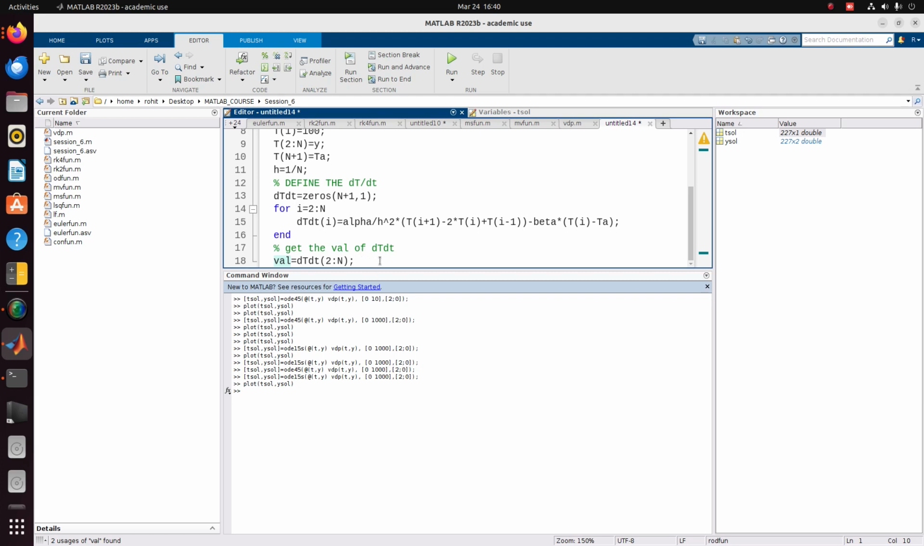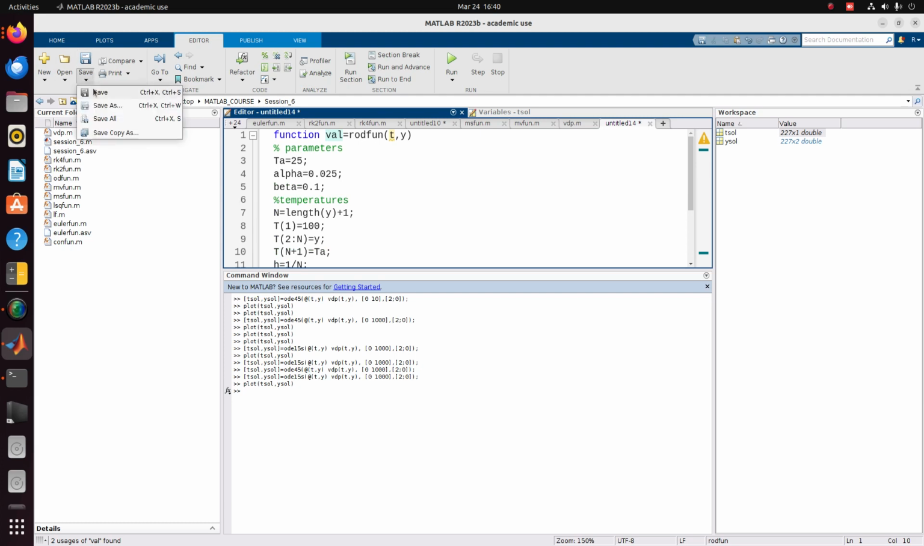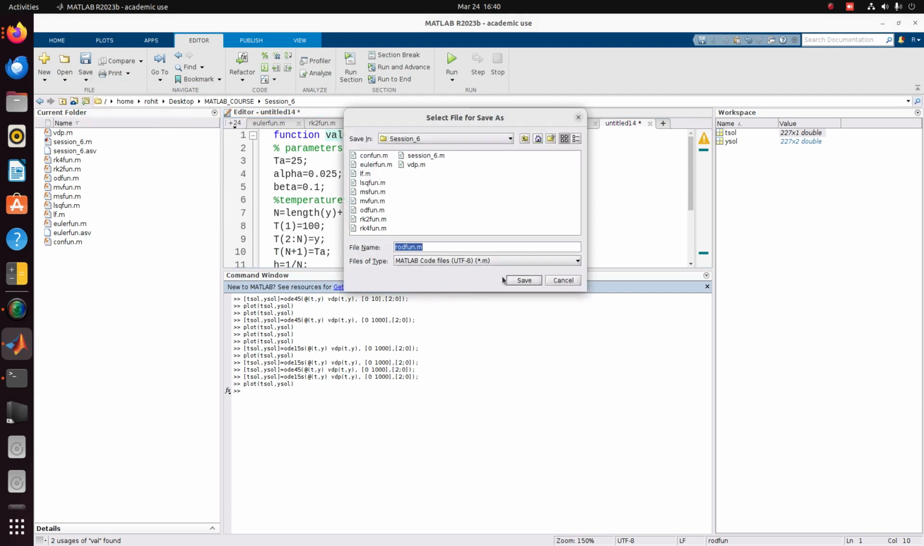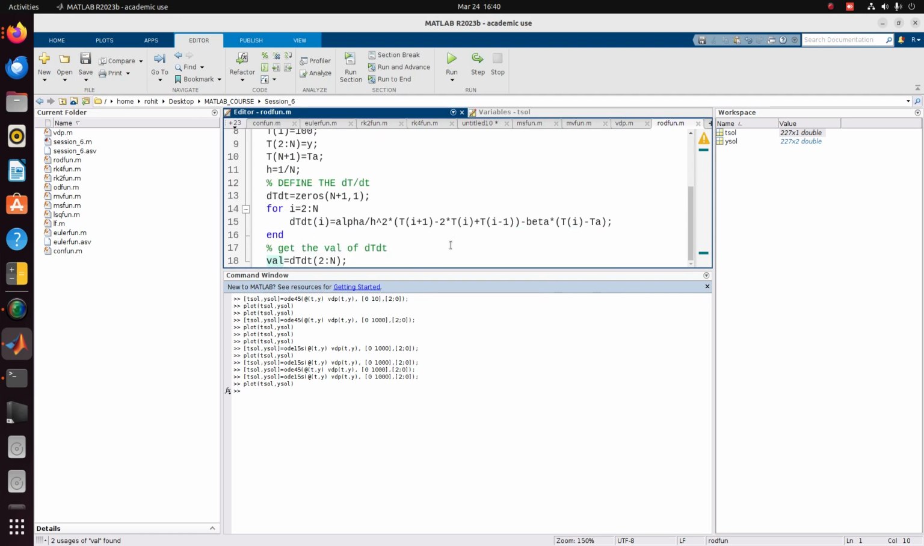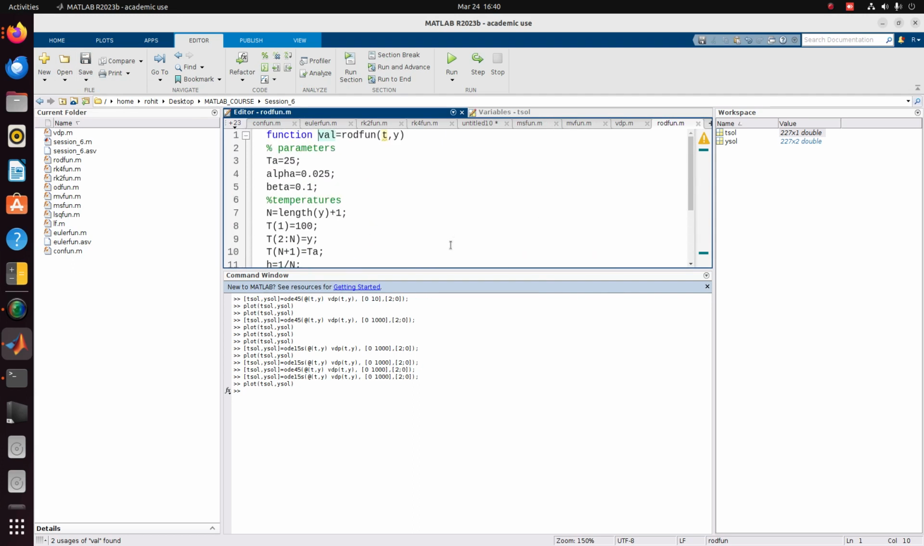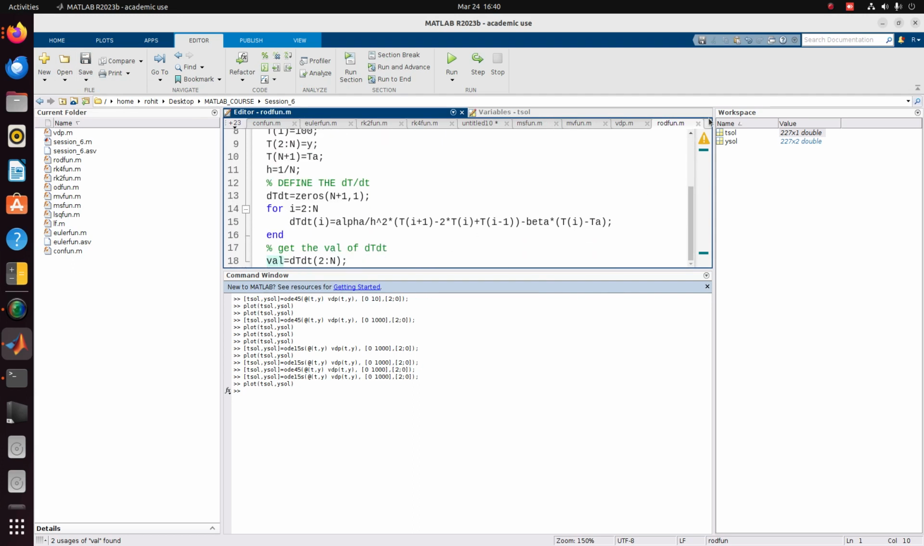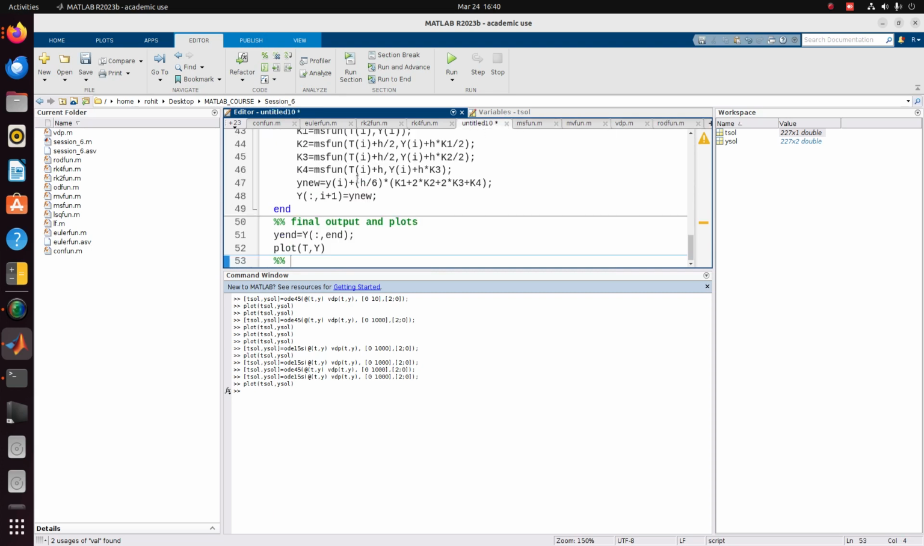Now, so we save this as a function. So the rod function we saved. Now okay, I'll just put it here. So now for